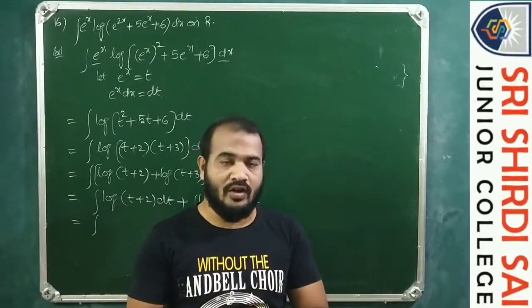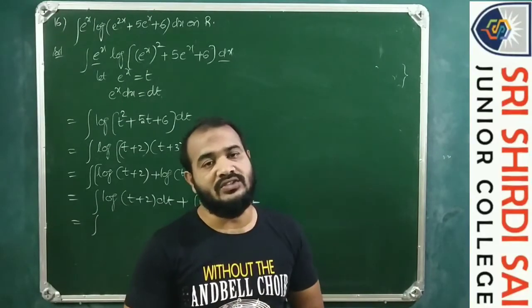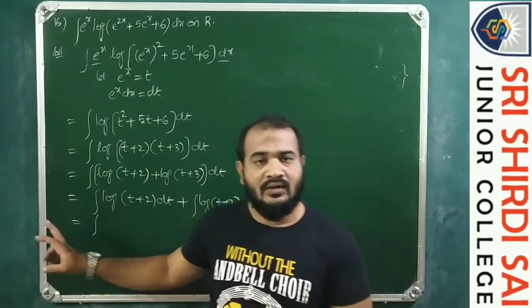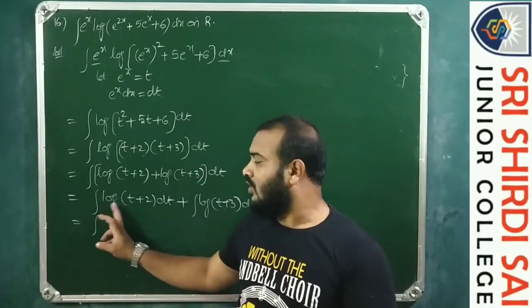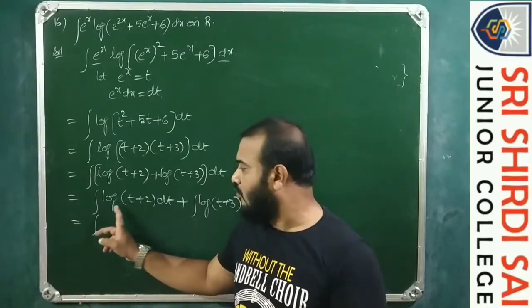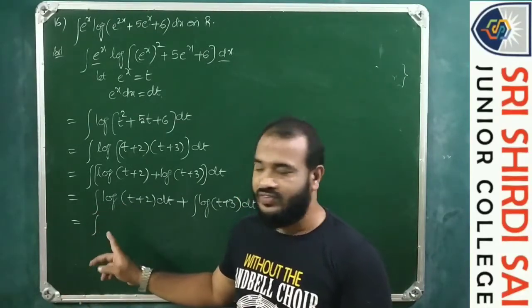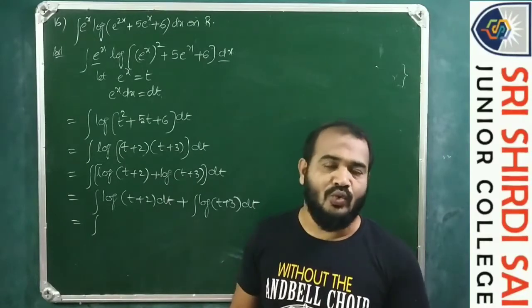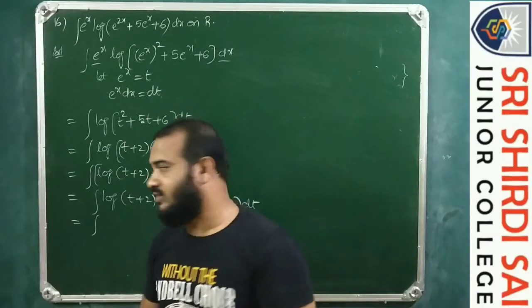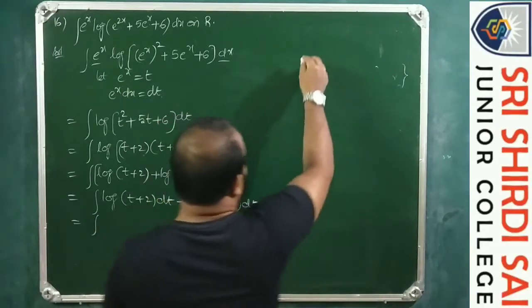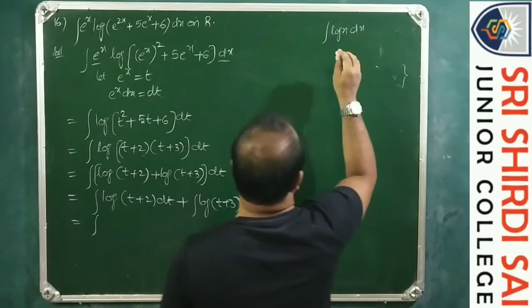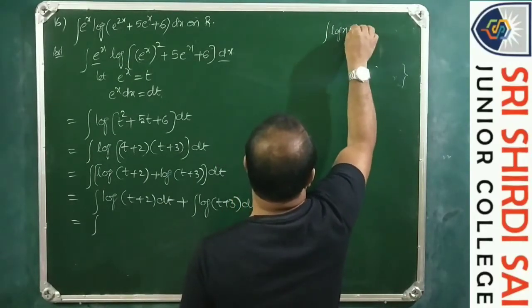In the case of logarithmic and inverse trigonometric functions, etc., this is the special case where the product of two functions is not there, but actually we have to apply it. Another function is treated to be unity, and we know the integral of log x dx is x log x minus x, because we have seen it before. The integral of log x dx, we have to take into 1.